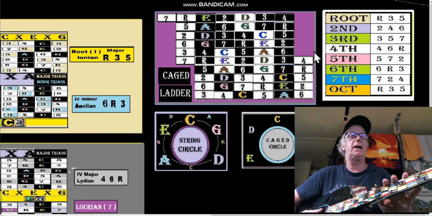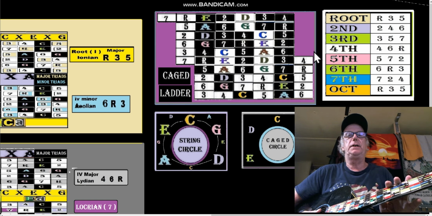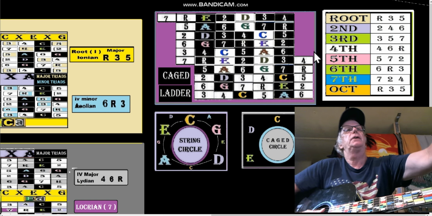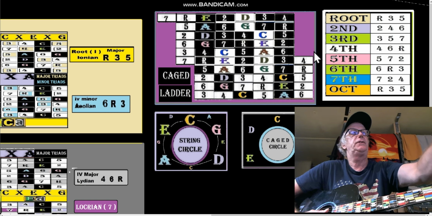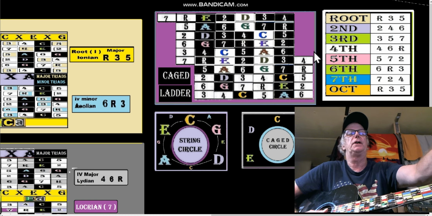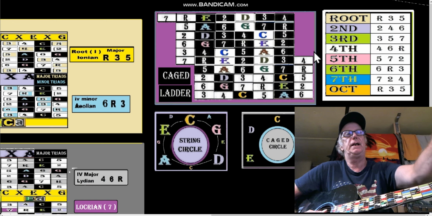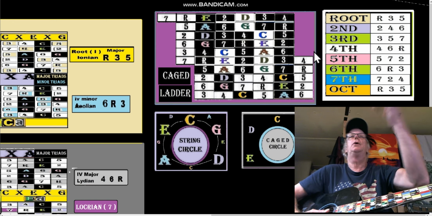When you're going down, you go down in an ascending pentatonic scale. So the word CAGED is C, A, G, E, D, which is a descending pentatonic scale. Okay, and the opposite of that, or backwards, is D, E, G, A, C. So when we're down